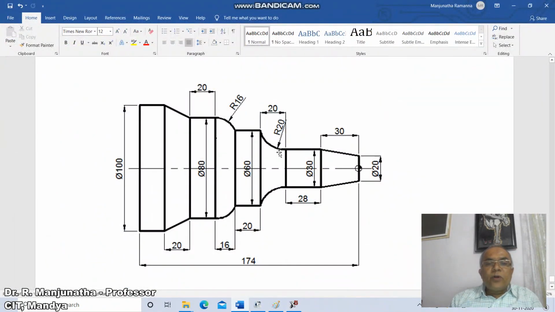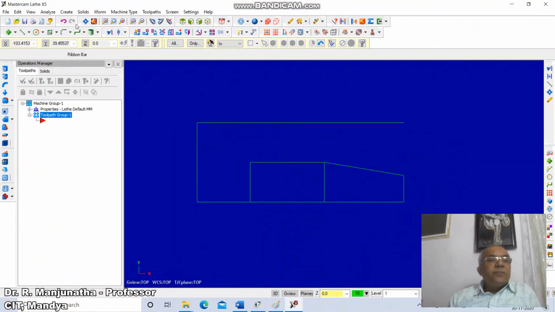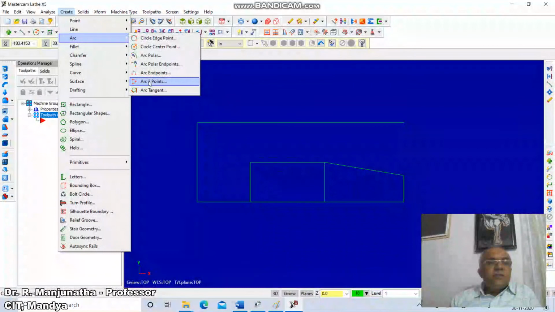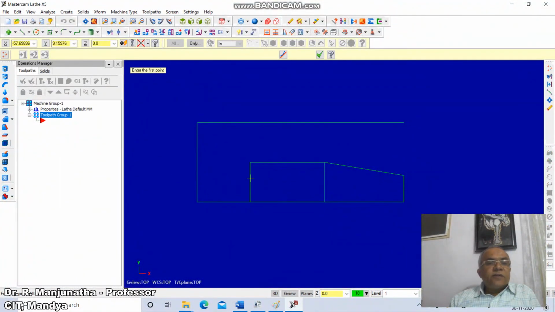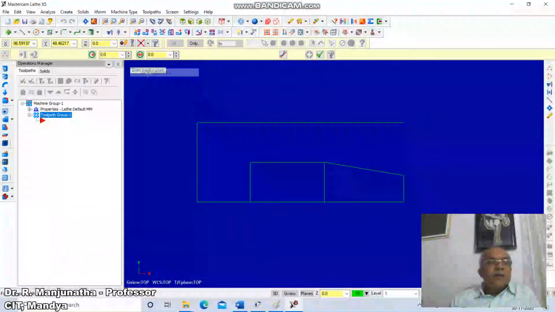Now we want to draw an arc from here to here with a radius of 20. To do that, the command is create, go to arc, click on arc by endpoints. Take this endpoint and also this endpoint and give the radius.